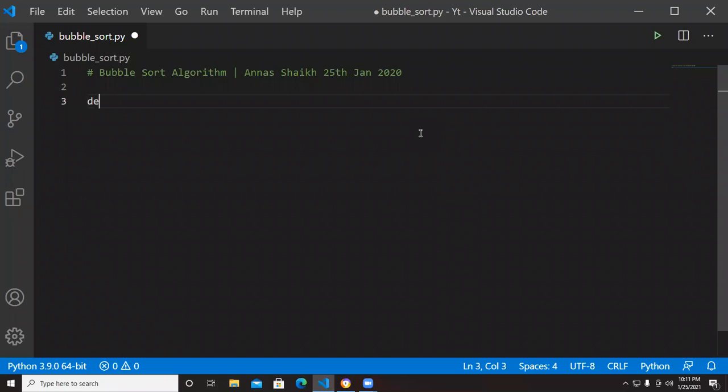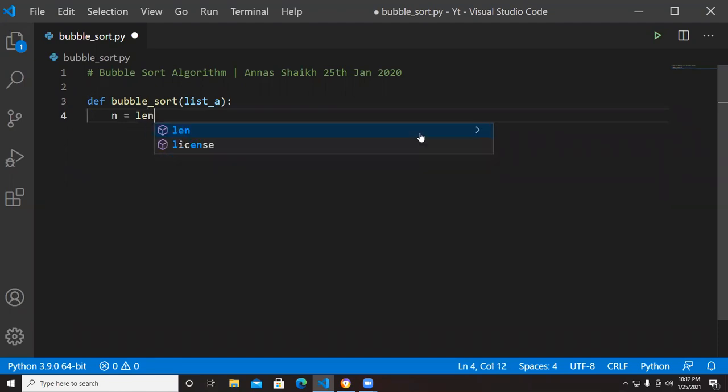Okay, so let me create a function with the name of bubble sort, with the parameter list underscore array. This will be the parameter we will be taking, the array, and then we will have the length of our array stored in a variable. So we will get the length of list A